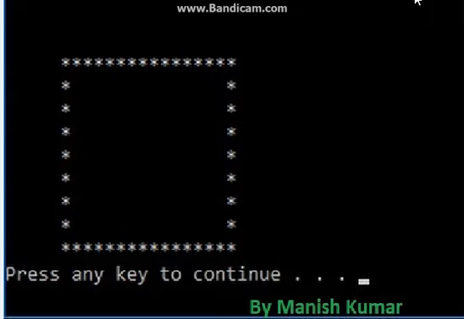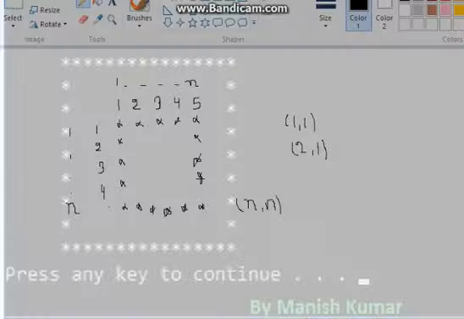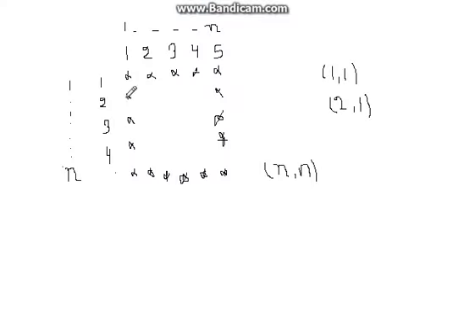In the previous lecture, we have printed a square and some numerical patterns. In this lecture, we will print a hollow square as shown in the figure. Now I have made a setup for you, that is here. This is all the stars that we have to print, and this is the number of rows, and this is the number of columns.